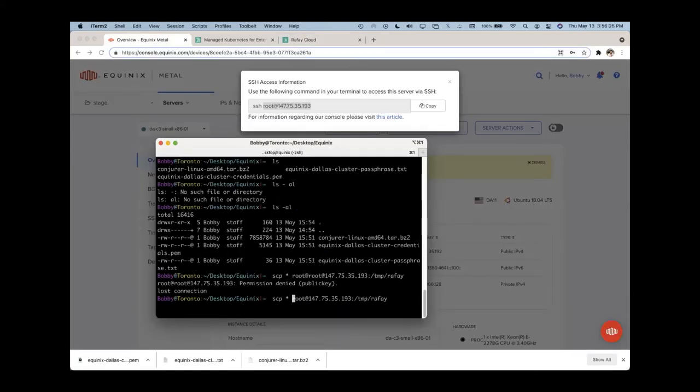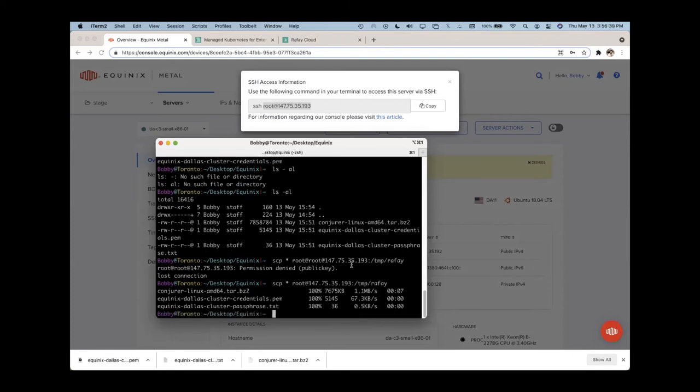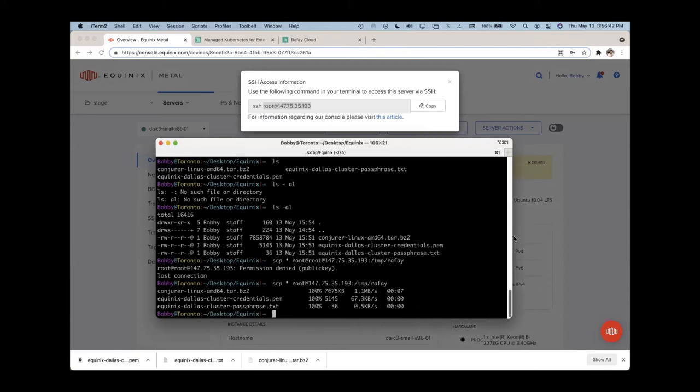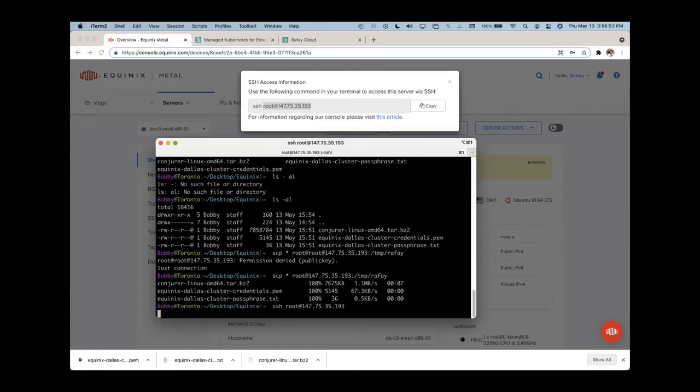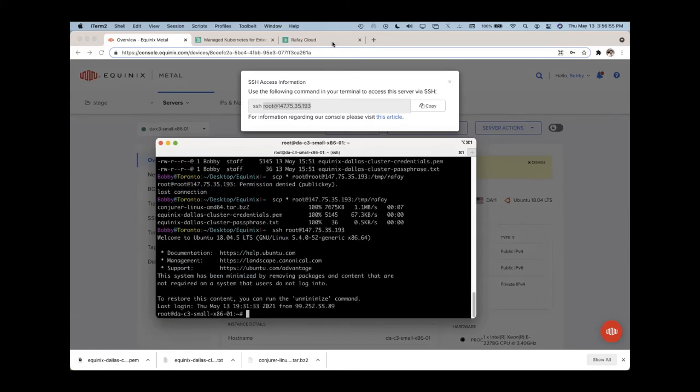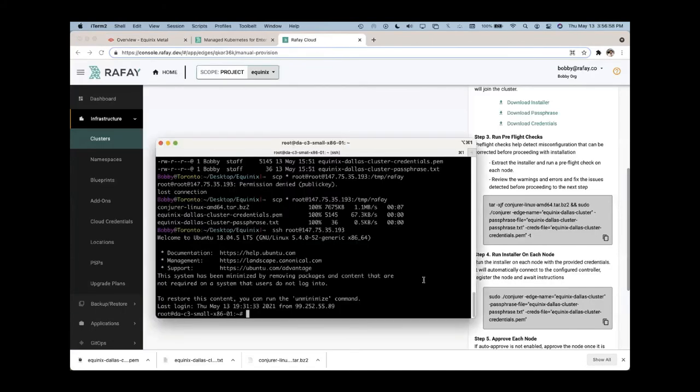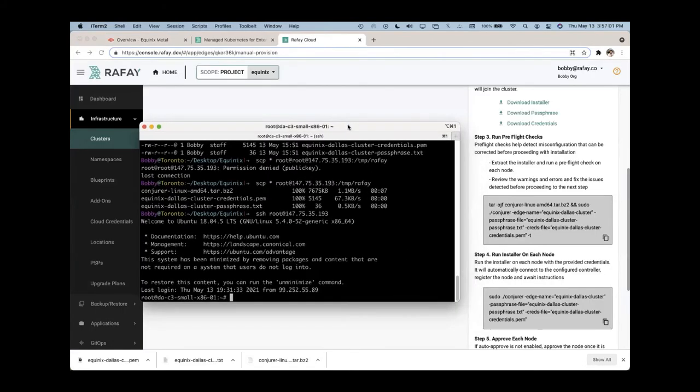Okay, doing a secure copy of all the files into the temporary directory that we created. So that's uploading the files now. Okay, once they've been uploaded, let's increase the size of our window here. Let's SSH back into the server. So we're going onto the bare metal server, and we're going to run the commands that are given here on the right. Okay, so what we're going to do is cd to temp